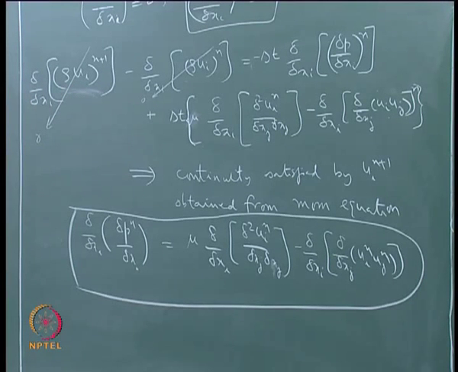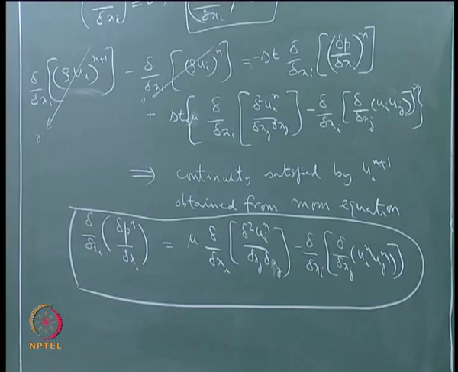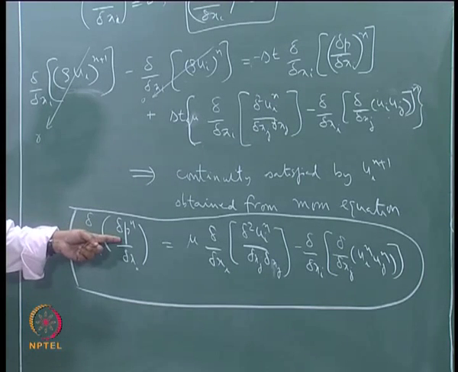So we are enforcing the condition of satisfaction of continuity by choosing to evaluate the pressure gradient such that it satisfies the continuity. Okay, so in that sense we are choosing a pressure field,